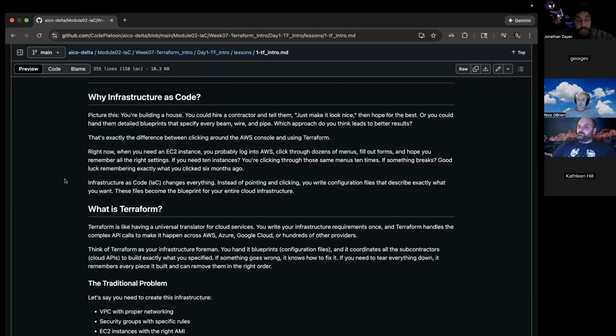Now, that's a good question if you think about it, right? Because if you're going to ask a contractor to just build something, they'll build something to their standards, their perspective, which may be good for most houses, or in our case, most use cases. But if you have the skills to, let's say, make the blueprint and design every feature, you can actually now make a specialized house, right, with this analogy. And that's what we're doing with Terraform. You can utilize pre-made stuff, or you can detail your own.